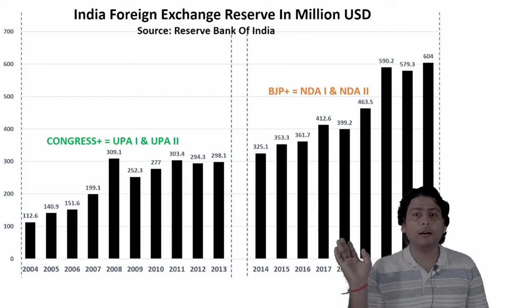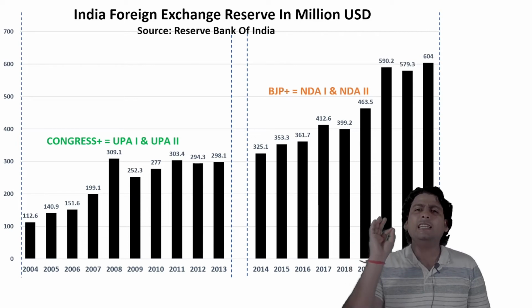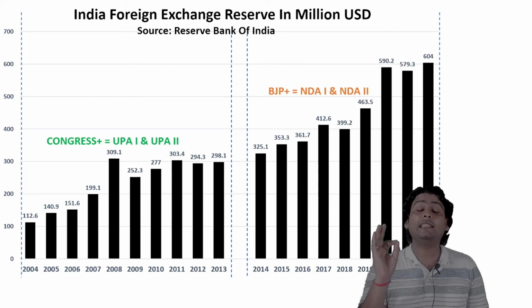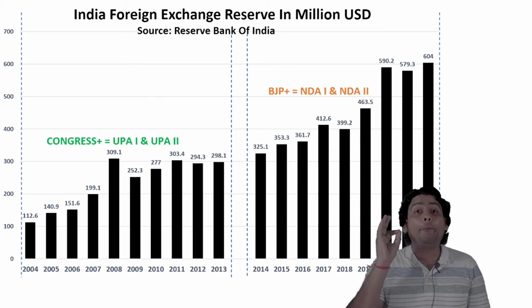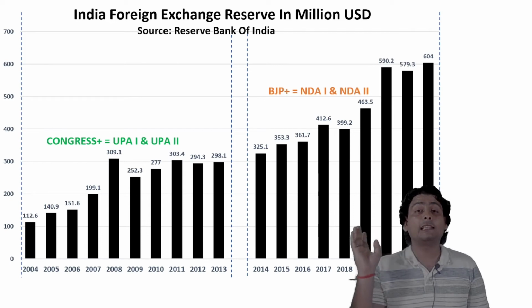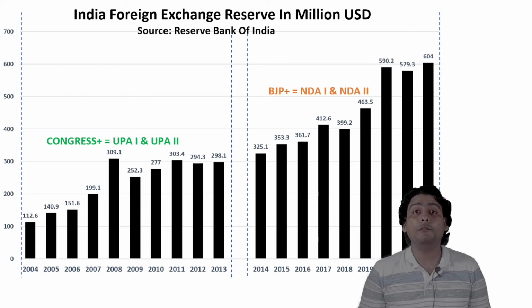In the Congress government and the growth rate in the NDA or the BJP government's era, it is absolutely clear from the graph that this growth is appreciable in the BJP government's era as compared to the Congress government era. Right now, we are sitting at a foreign exchange reserve of 604 million US dollar, and